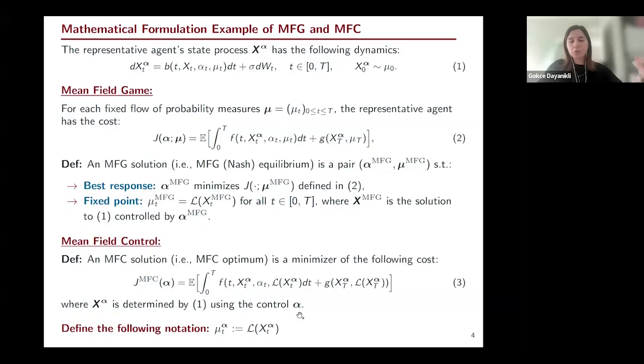So this will affect the population distribution, instead of assuming the population distribution is given, as in the mean field game, where the representative agent's behavior changes. Here this distribution, the law of the state, should be affected by the control of the agent in the mean field control. So when they are optimizing, they should also take into account their effect on this